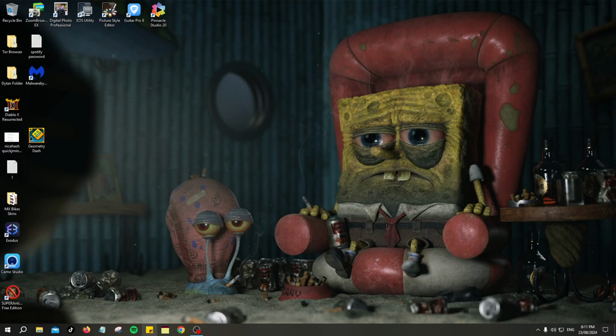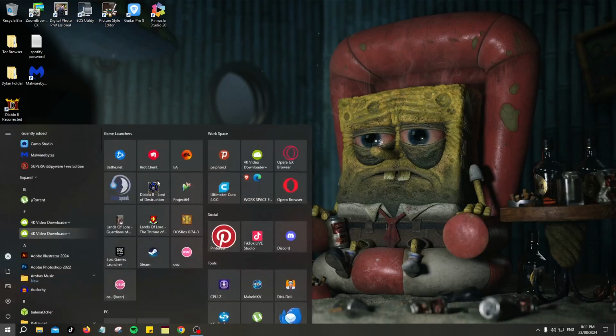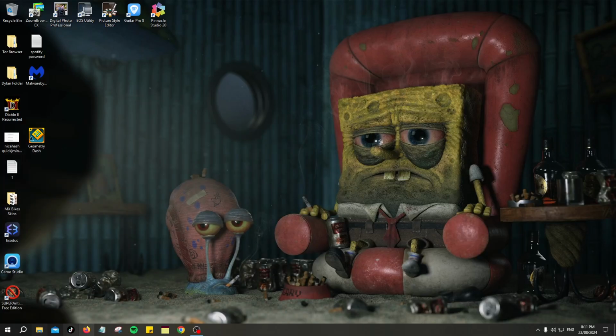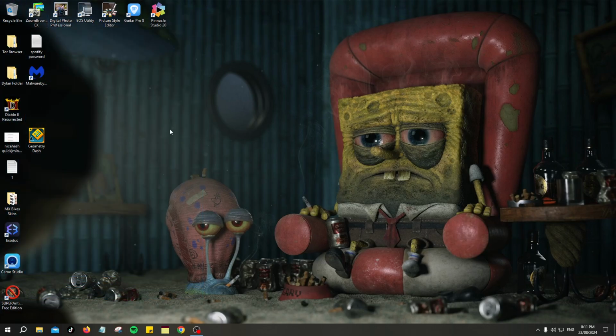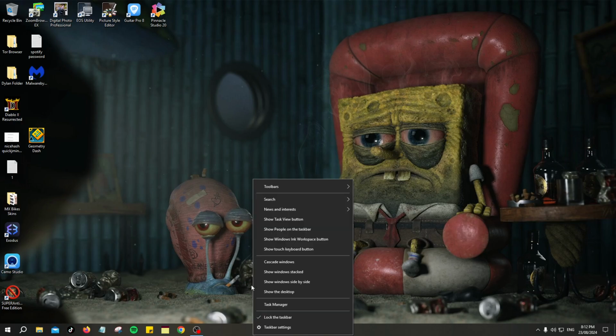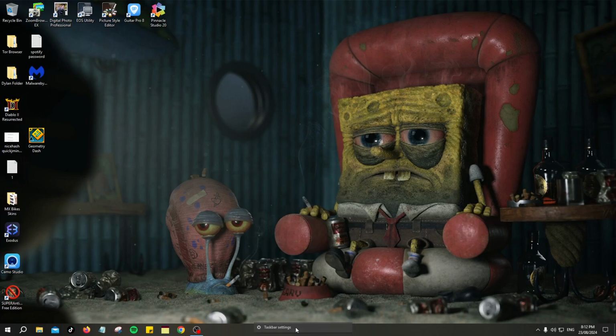Another thing we can do is customize our taskbar down the bottom here by unpinning certain apps from our taskbar, and only leaving our most used ones on there and then putting the rest in here. So I would recommend having no more than 10 to 12, because otherwise it starts to get pretty messy. But it's up to you, just leave the ones that you use the most down the bottom is what I'd say. So if you right click on a blank area in the taskbar and select taskbar settings,